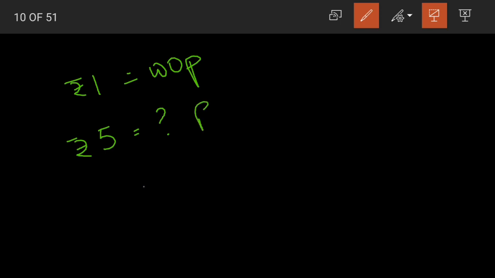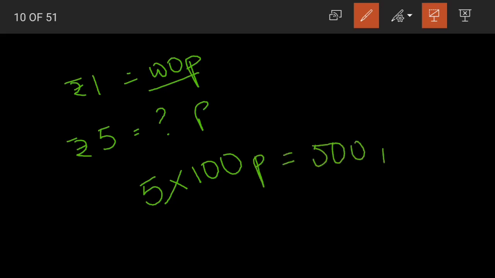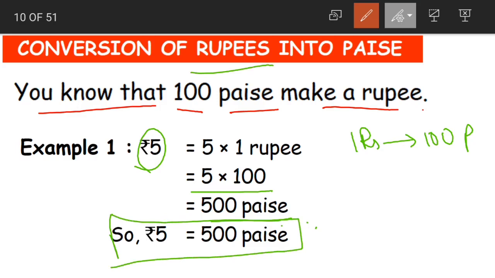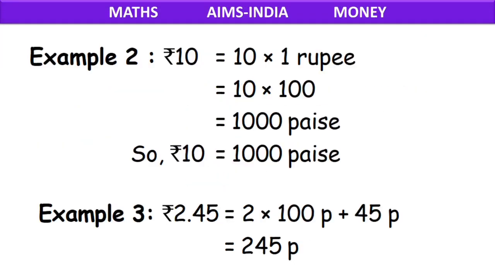In the same way, here we have 1 rupee is equal to 100 paise. Then 5 rupees will be equal to how many paise, children? The total number of rupees, 5, into the number of paise in each rupee. So 5 into 100 paise is nothing but 500 paise. Understood? 5 rupees is equal to 500 paise. Yes? 5 into 100 is equal to 500 paise. So 5 rupees is equal to 500 paise. What was this? Conversion of rupees into paise. It was a simple problem.